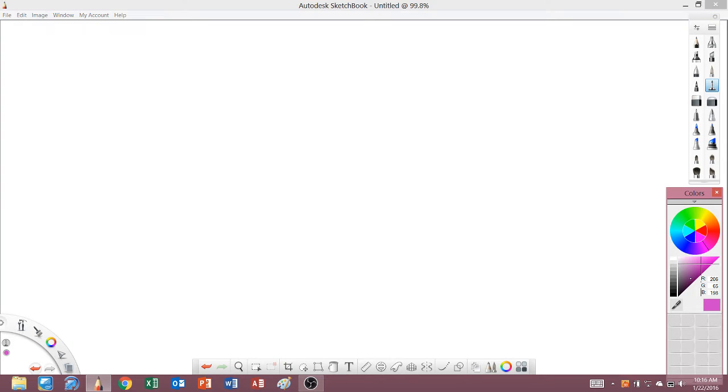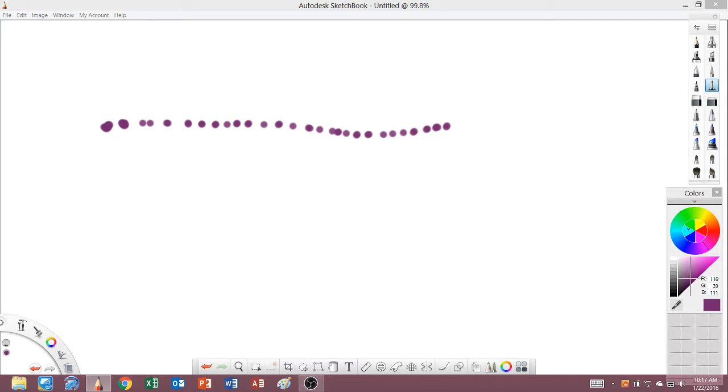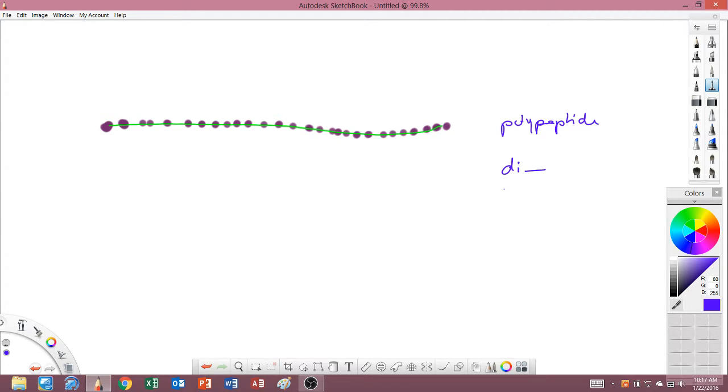Okay. Good. At the end of the day, you will have a long chain of what? Because of the bonds, you will have a linear chain of amino acids. True. And what do you call this? Peptide. If it's very long, you could call it polypeptide. If it's 2 amino acids long, what would you call it? Dipeptide. If it's 3, tri. If it's 4, tetra. And you get the point.